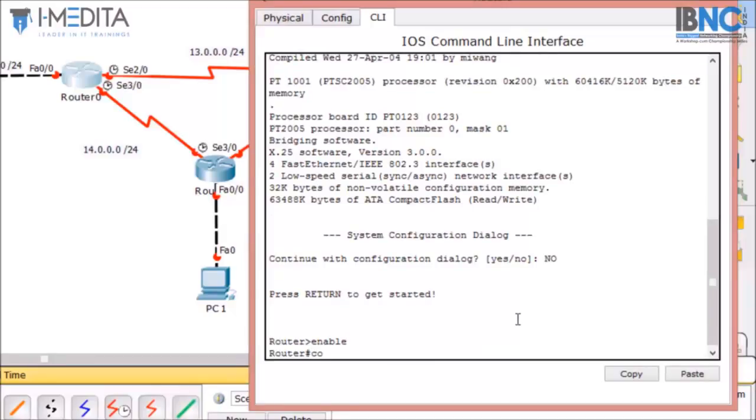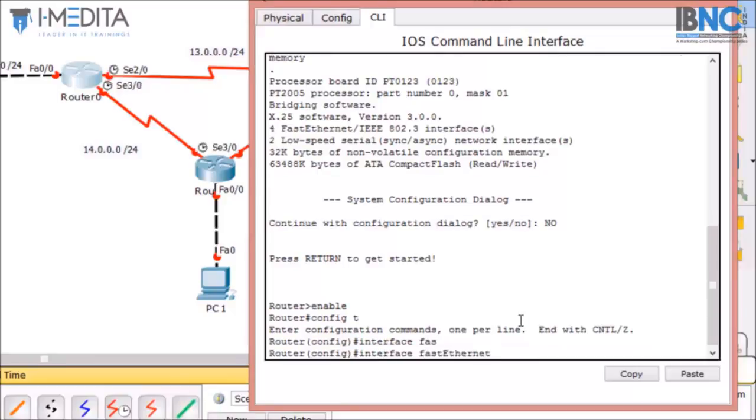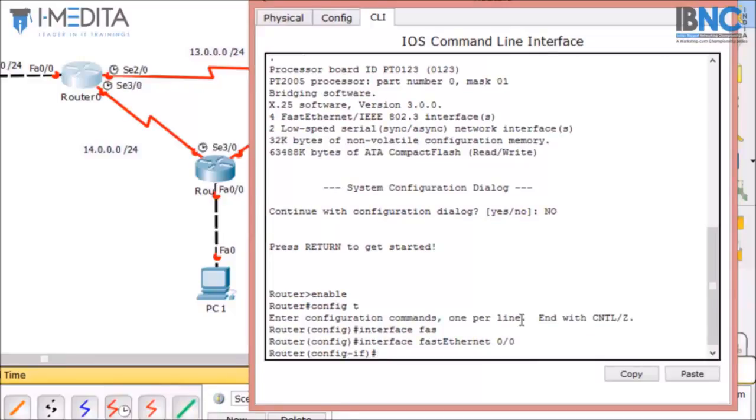Then we will go to the configuration mode, config T, then hit enter. Then we will go to the respective port. For example, if I want to configure fast Ethernet 0/0 port, then I will type in interface fast Ethernet 0/0 and hit enter.